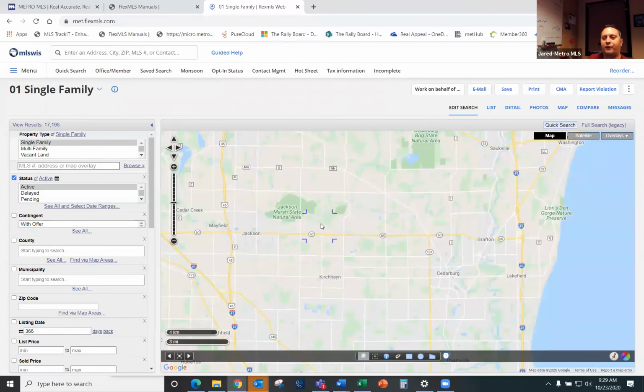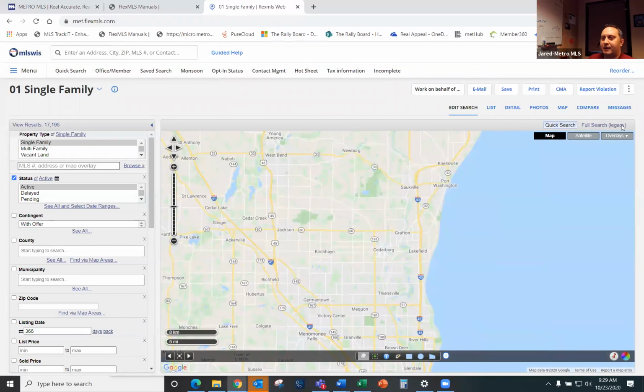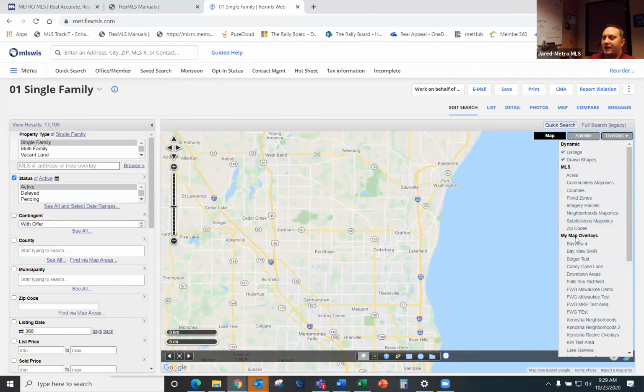So for those of you who have done overlays in the past, you used to come up to overlays and you'd select them from here. They still display here, but if you click on them, they just become a gray blob on your window, and they don't do anything. So now in order to reuse overlays, you're gonna come over to the left-hand side here